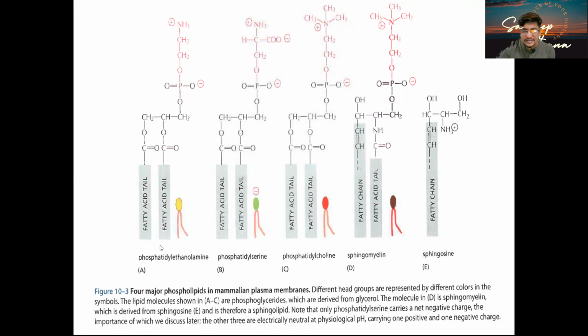So hence we have phosphatidyl ethanolamine. You can see this red color suggesting the structure of ethanolamine. It could be phosphatidyl serine. If this red color, you can see the phosphate is attached on the third carbon with the serine group, and serine is a kind of amino acid. Phosphatidyl choline has a quaternary ammonium structure, that is called choline. And it could be sphingomyelin. Here you can see the alcohol is different. It's an amino alcohol, and the structure we call sphingosine, which is shown over here. One which is not shown here is phosphatidyl inositol, which is another kind of lipid found in the animal cell.